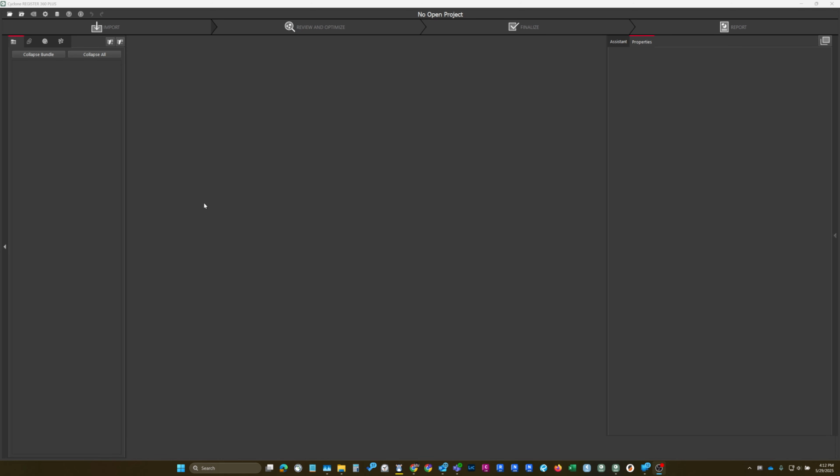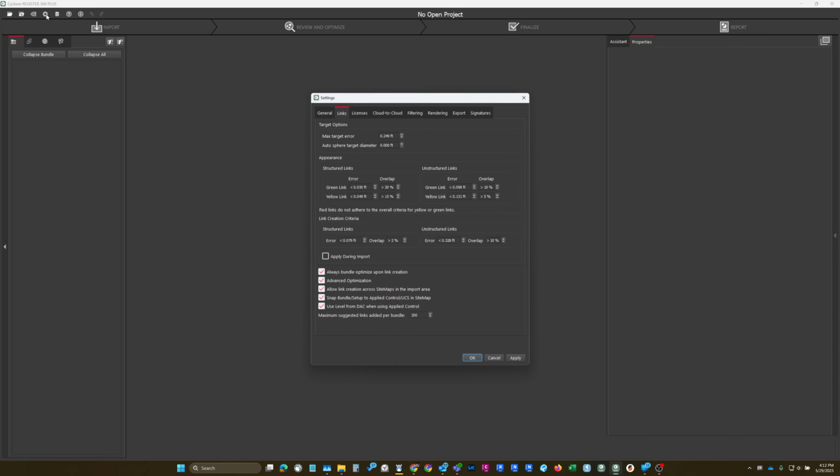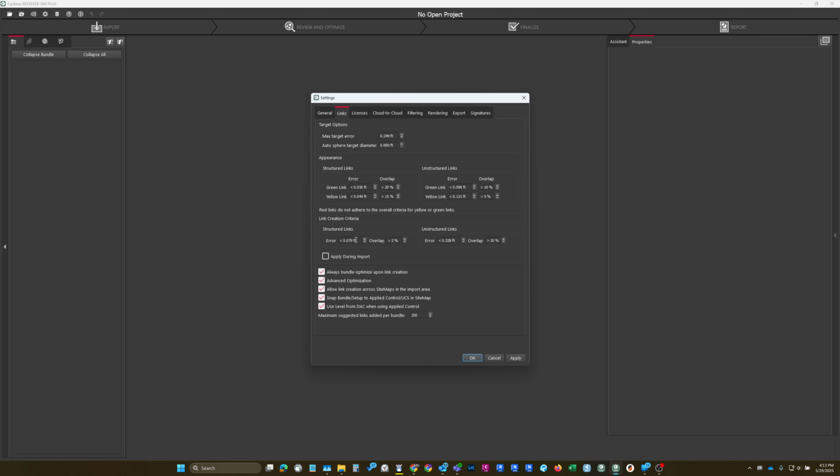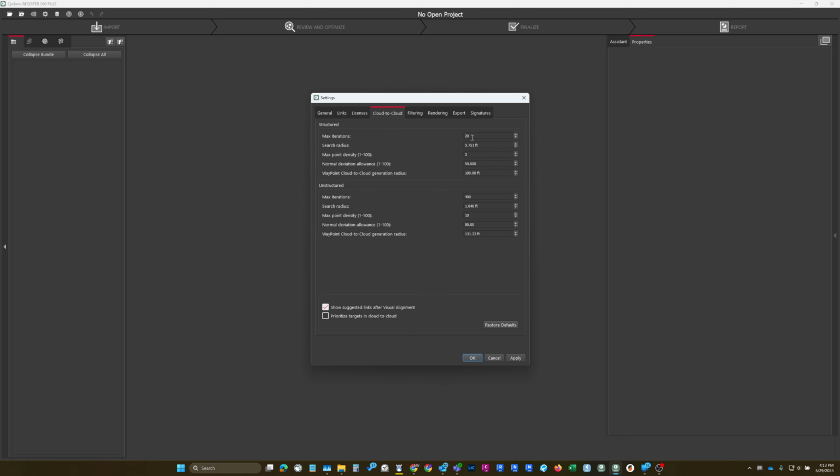So this is just going to be a simple start to finish tutorial utilizing our TC360 data. Just to go through settings real quick so you can copy or verify, this is what I've got going. One thing that I just have temporarily set is the link values to be pretty loose. And then for cloud-to-cloud, max iterations I bumped way down, import density or max density 3, just to